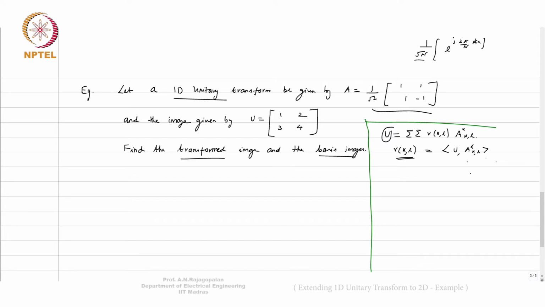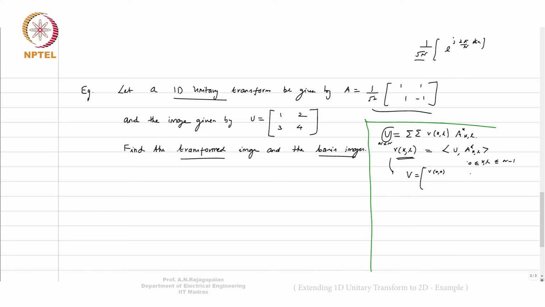So what this means is that your K and L will have to go from 0 to n minus 1, if U is an n cross n image. Then you will have to compute your VKL for all K and L, going all the way from 0 to n minus 1. So if you put that up in a matrix form, you will get your V as V00,